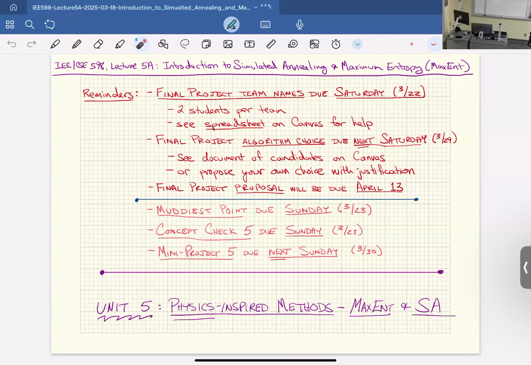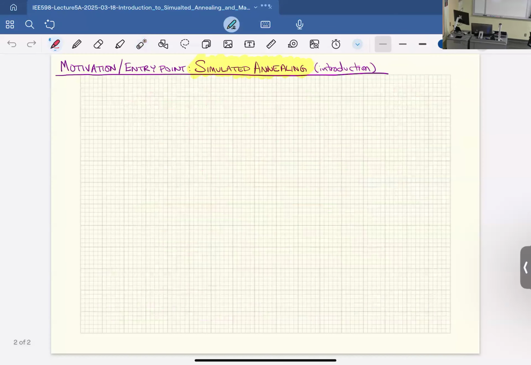But today, in this unit, we're going to start flipping from fitness landscapes to energy landscapes, from biologically inspired optimization algorithms to physics-inspired ones. And this will allow us to also talk about some things you see in machine learning, at least classical machine learning, like MaxEnt methods and so on. So let's get to that.